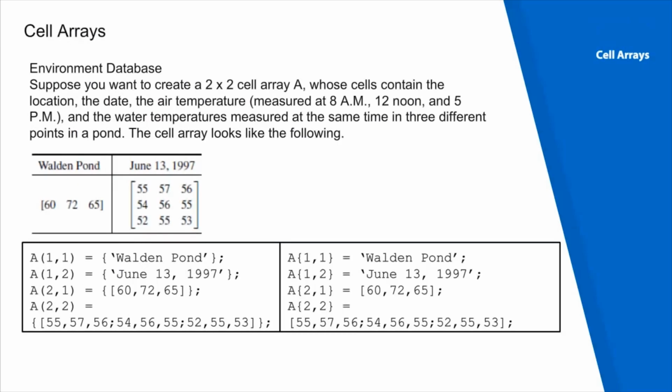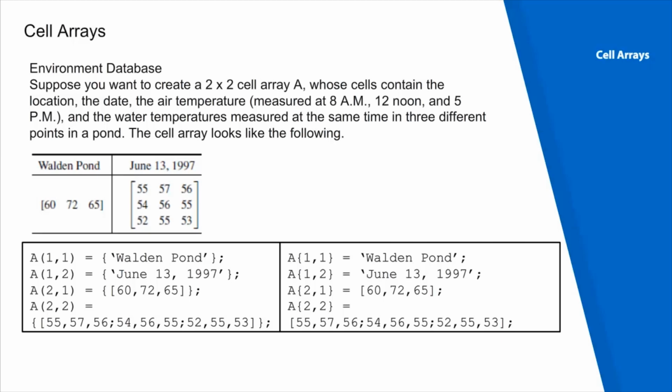Now let's talk about cell arrays. A cell array is an array in which each element is a bin, or a cell, which can contain an array. We can store different classes of arrays in a cell array, and we can group data sets that are related but have different dimensions. We access cell arrays using the same indexing operation used with ordinary arrays. There are two ways to create cell arrays. One is by using the cell function. The other one, which I'm going to demonstrate, is using either cell indexing or content indexing.